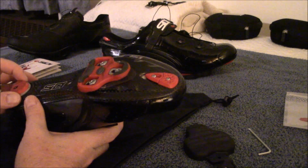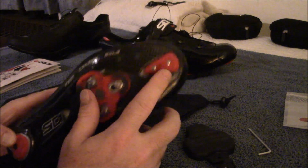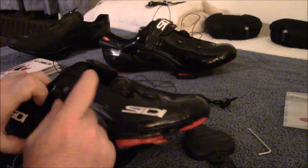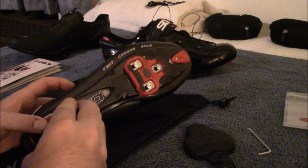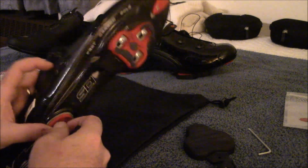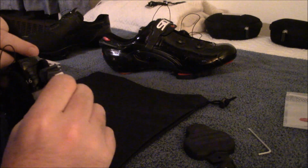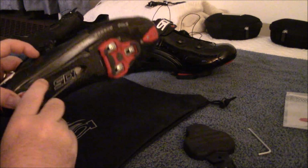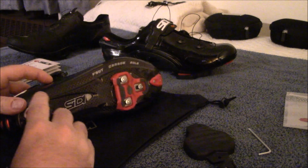So I think a pair of heel cups is like $10. The replacement tops is like $10, and then the replacement buckles is like $20. So for $40 you can replace a full set of everything, including, I think, even these guys here. Well, I know you can. So this is what you do. You take this and